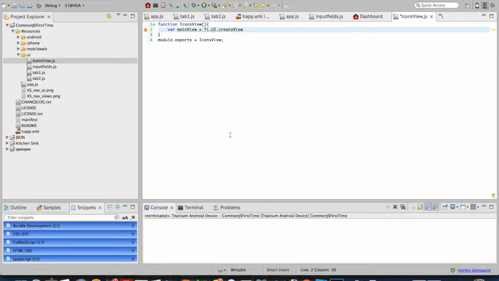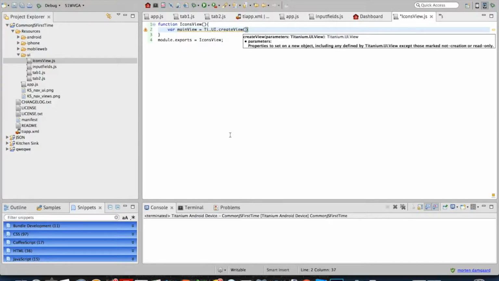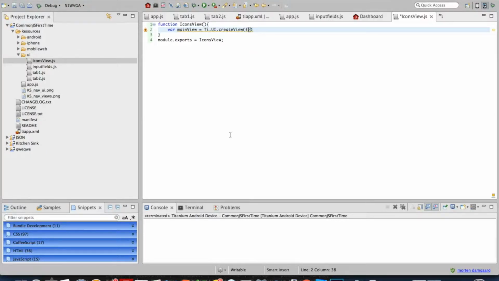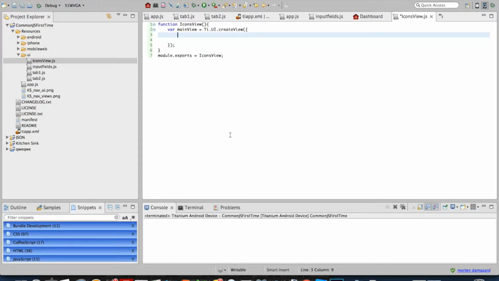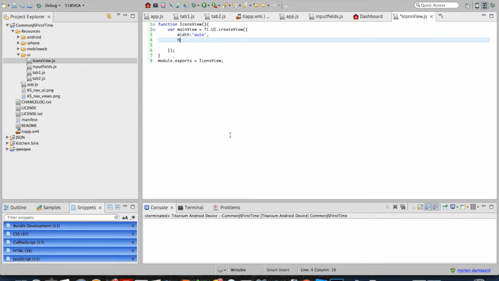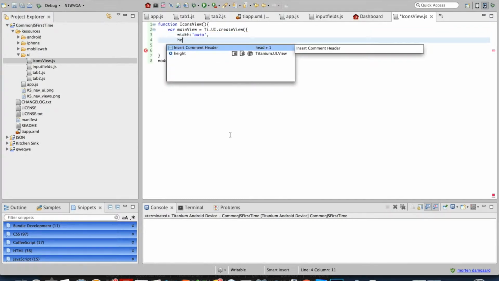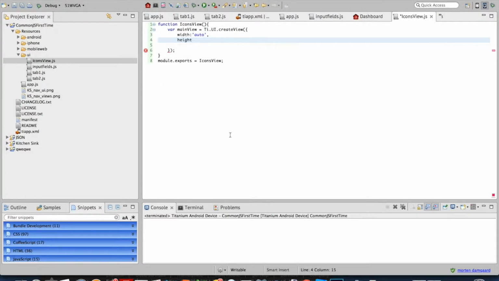Okay, we create view, just like that, give it a semicolon. Okay, inside our view, we of course have width: auto, comma, height: auto, comma,